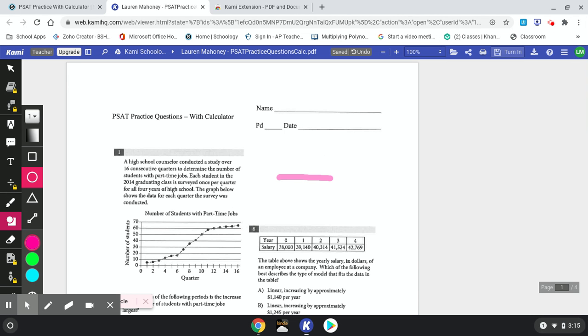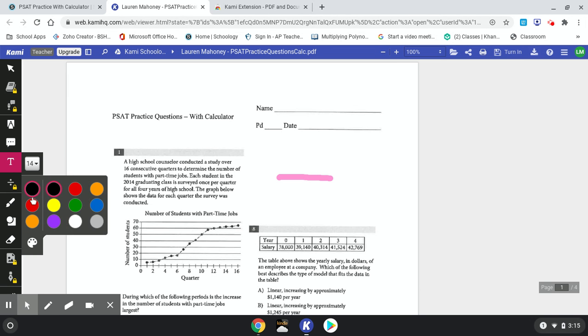So you may want to try to pick a darker color if you were going to use the circle tool. So you could use the circle as well. When you are done, when you are satisfied that everything is as it should be, you want to come up